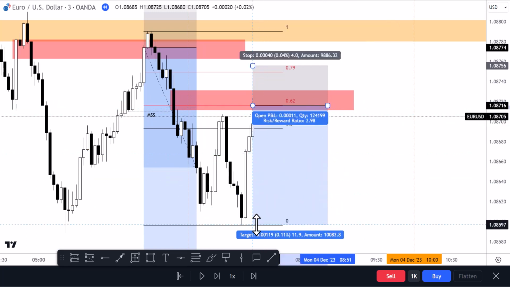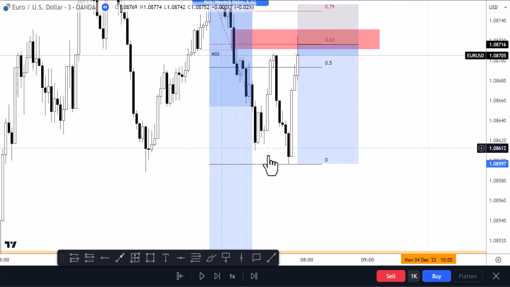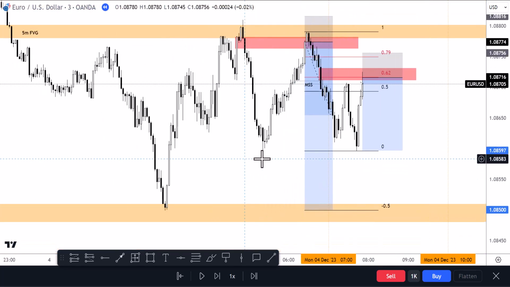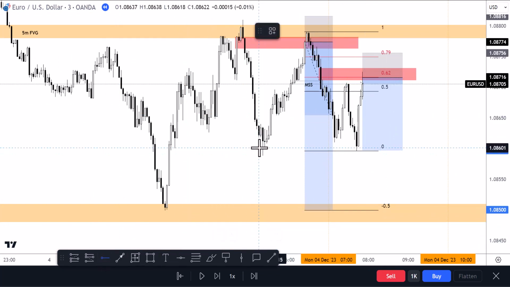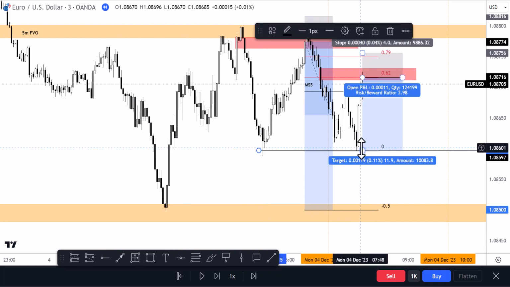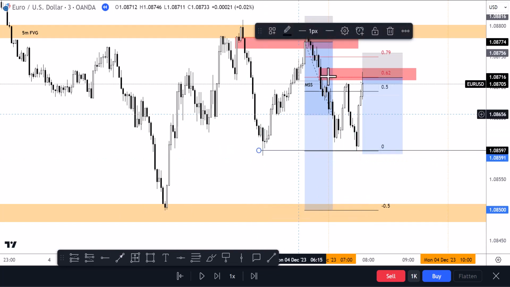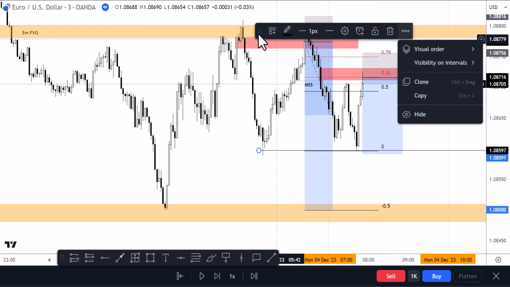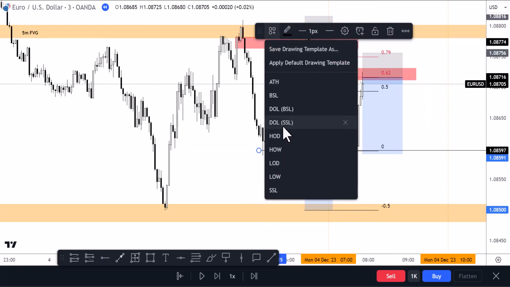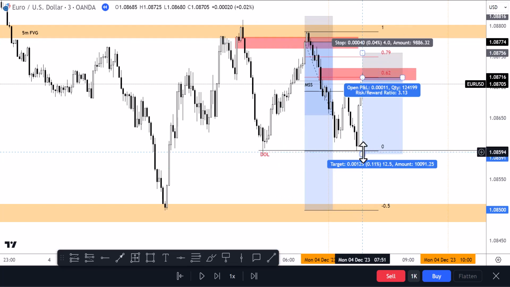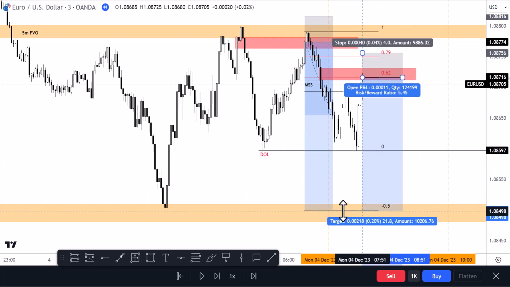So you could have your first TP here, right at these relative equal lows. Matter of fact, we'll do that. Just put it right here, first TP,